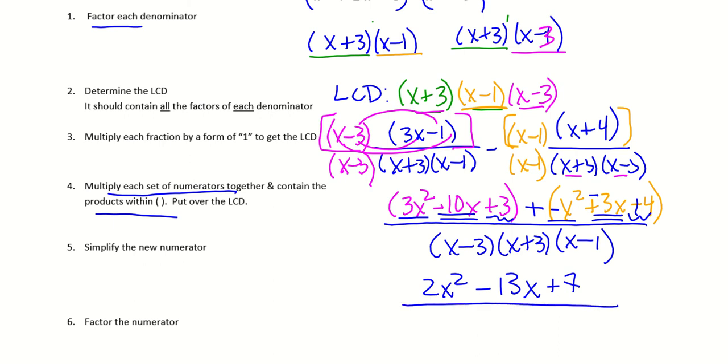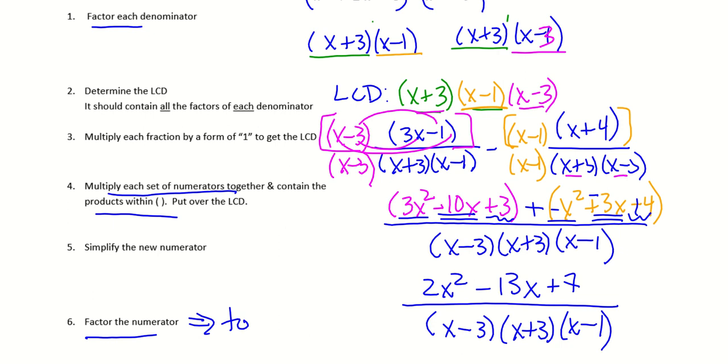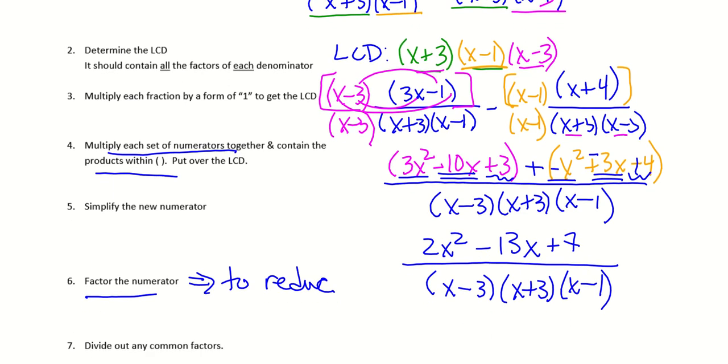And all of that is over my common denominator of x minus 3 times x plus 3 times x minus 1. Okay. So my next step would be to factor the numerator, and the purpose of that is to see if there are any common factors that we can divide out to reduce this. So if I attempt to do that here,